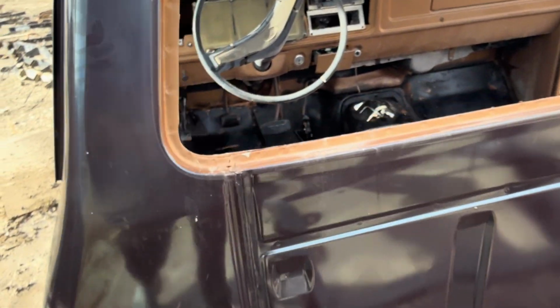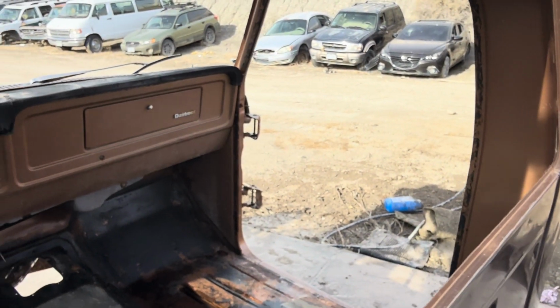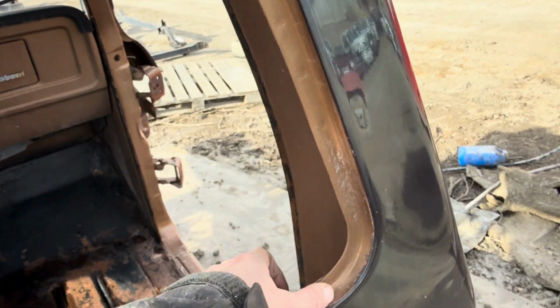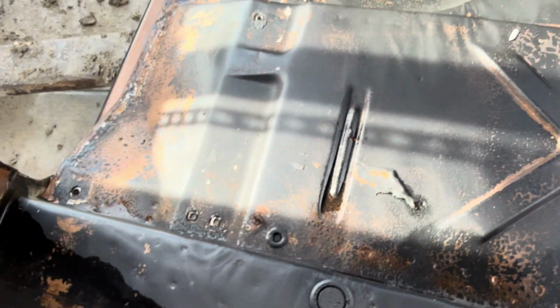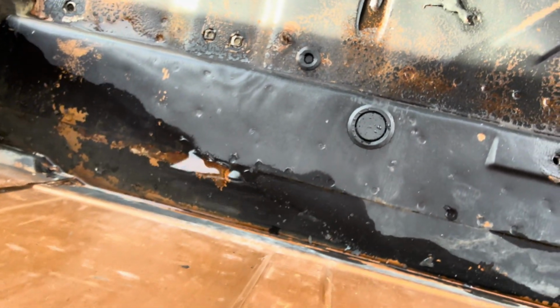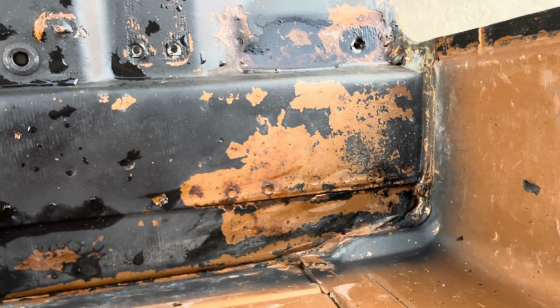All right, so since we did that one, let's talk about the rear glass. Okay, same thing. We want it nice and clean. We don't want to see anything more than a wire wheel or a little Scotch-Brite would take off. I don't think we can get better than that. That's pretty dang clean, so excellent shape. The floors, we'll get inside of it here in a second. A little bit of water from where I washed it, but look at that. It's just absolutely beautiful. Might get a little bit of rust coming on the seams there, but nothing much. I would definitely get it treated, but